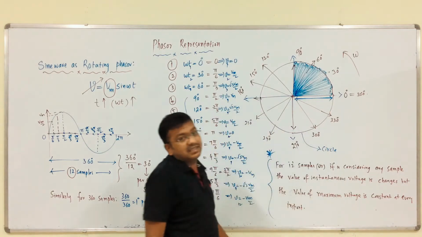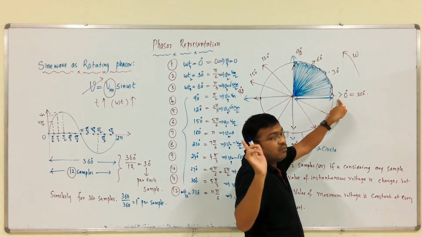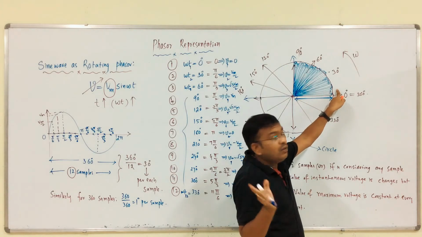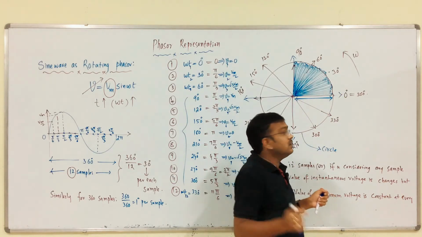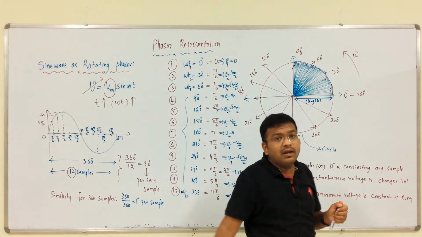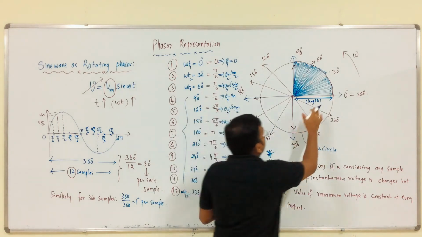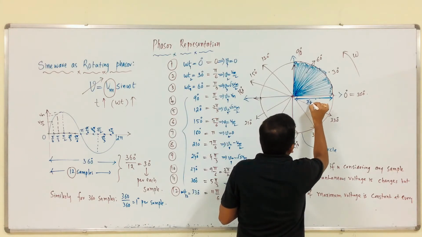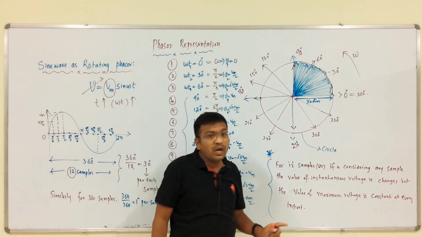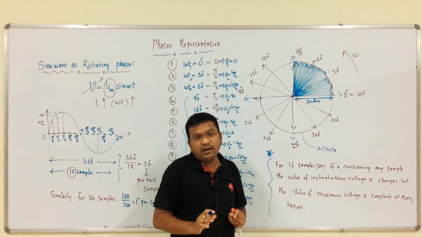So, then we are getting the locus as nothing but a circle. Then what is the radius? From the origin to the outer periphery, if we consider any one sample, from the origin to the outer periphery of that vector, what is that length? Is it Vm or Vrms? Because we are dealing with AC excitation, right? Then tell me, or you should write the radius. Is the radius Vm or Vrms? How can we represent it? I will discuss this point later.